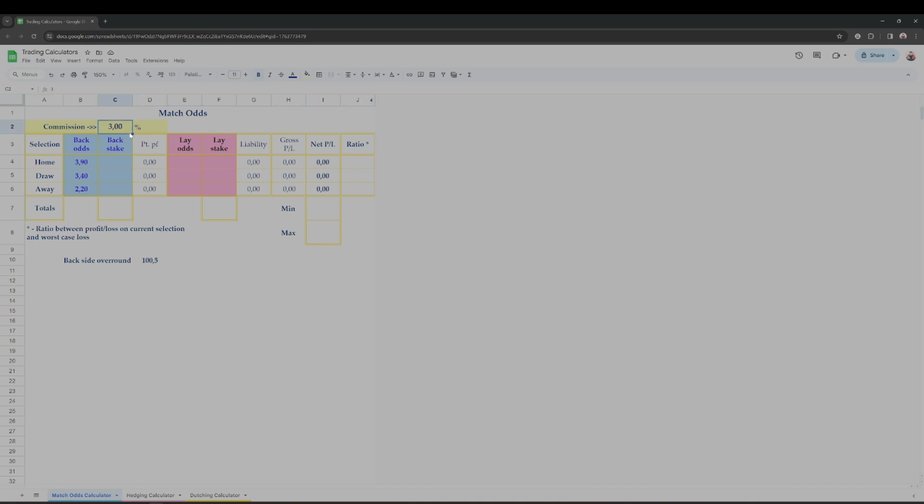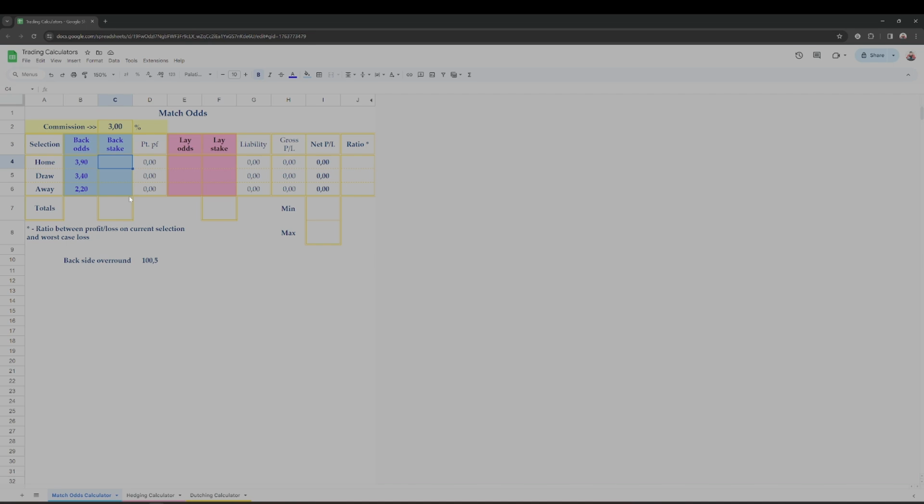I have the commission here at 3%, and the calculations are being done automatically. So I'll show you a couple of scenarios of what's happening when you enter the market and what's happening in play, and what you can do in play and what I do in play very often to manage my